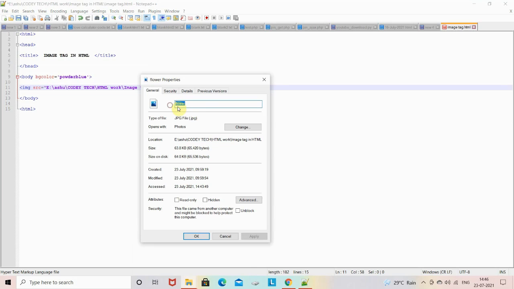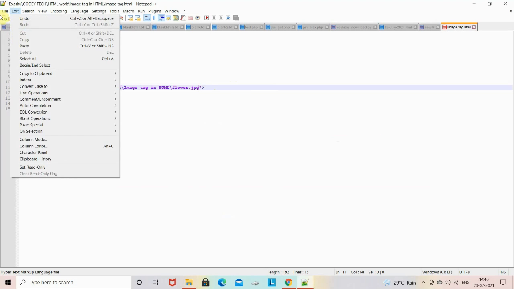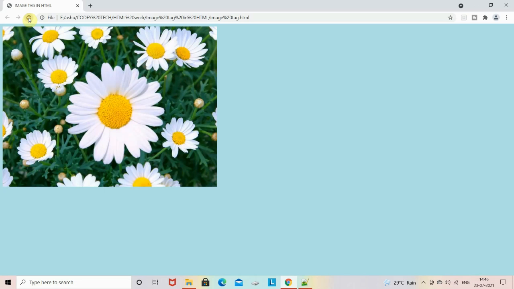Now I will select the name of the image and copy it, and I will also check the file extension, that is jpg. Now I will paste this flower name and .jpg. So this is the final address. Now I will save this and see the output.